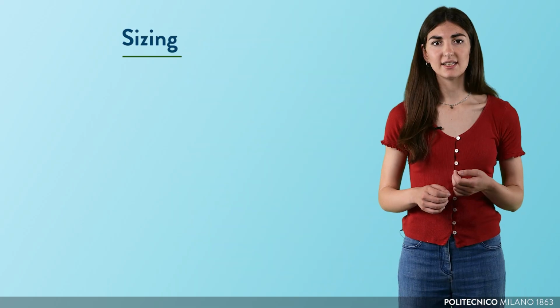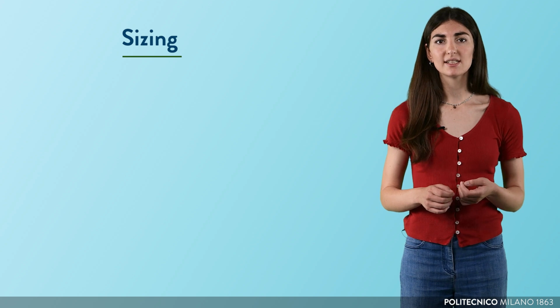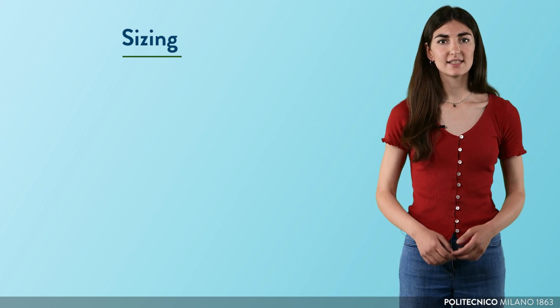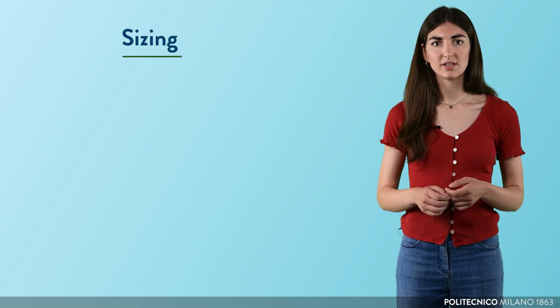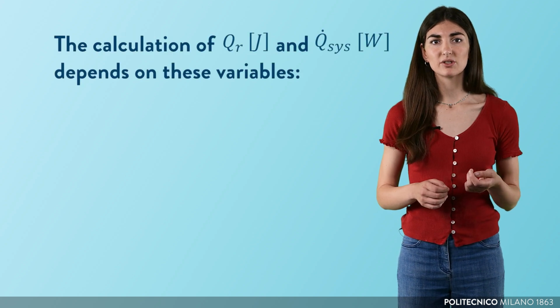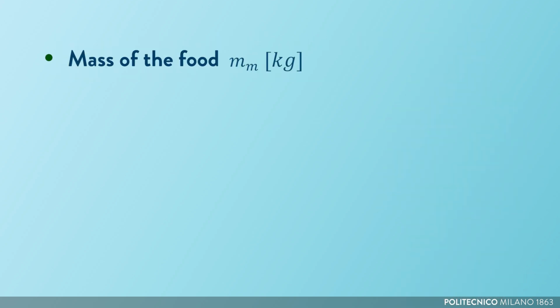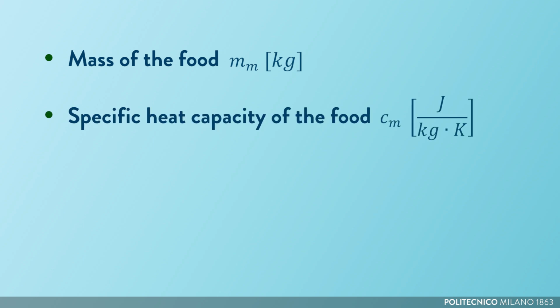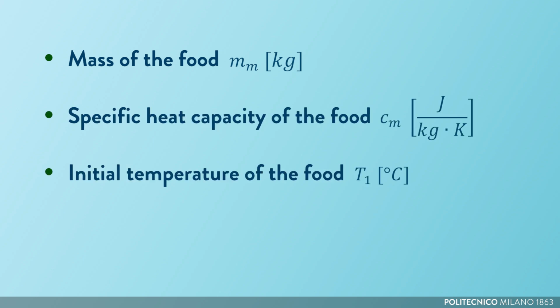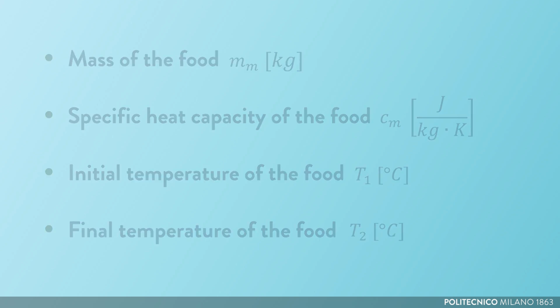Therefore, calculating the heat that has to be removed by the evaporator is a crucial factor to properly design the refrigeration cycle and assess the corresponding power consumption. The calculation of the refrigeration load, QR, and mean refrigeration system capacity, QSYS, depends on different variables. The mass of the food that has to be frozen, mm, the specific heat capacity of the food, Cm, the initial temperature of the food, T1, the final temperature of the food, T2, the heat gain from the ambient through the